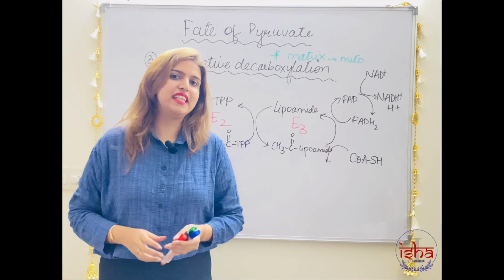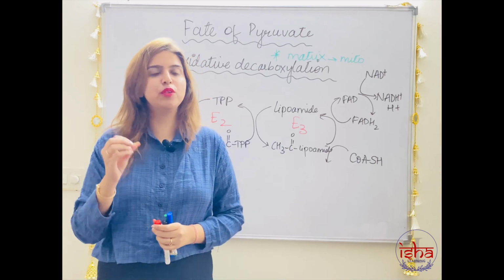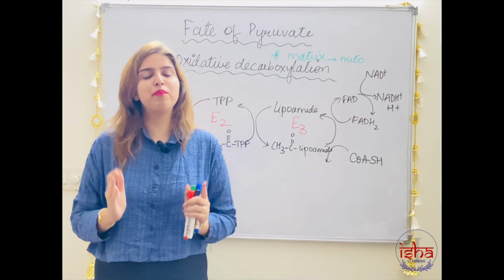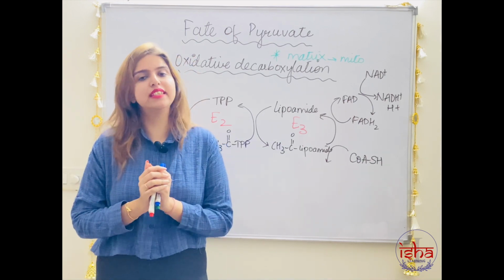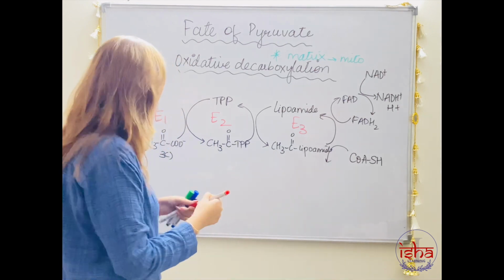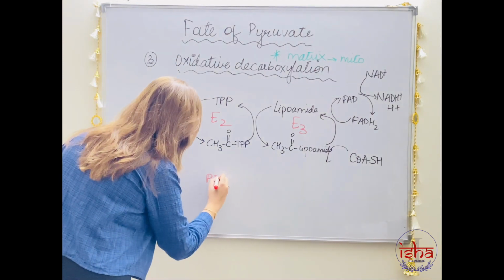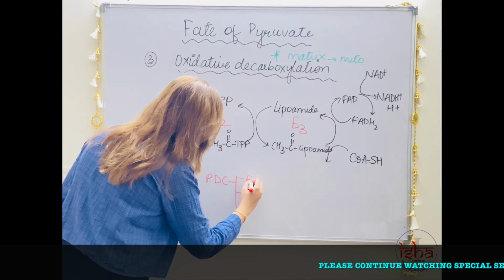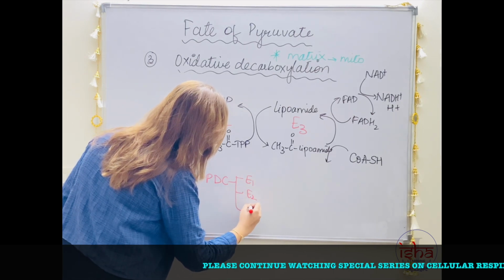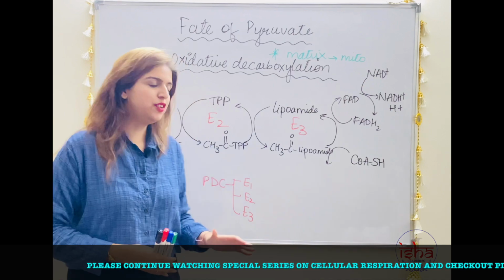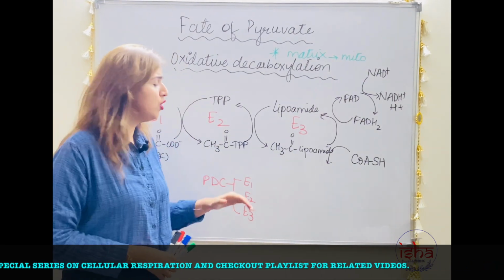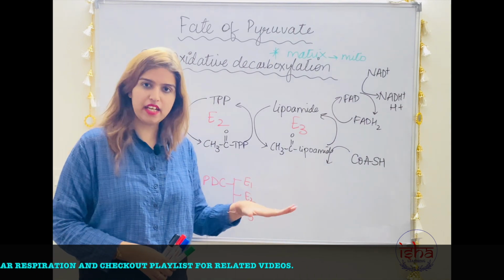Now, all these reactions are catalyzed by PDC. What is PDC? It is the pyruvate dehydrogenase complex. Now, pyruvate dehydrogenase complex consists of three enzymes E1, E2 and E3. The three enzymes E1, E2 and E3 stand for pyruvate dehydrogenase,